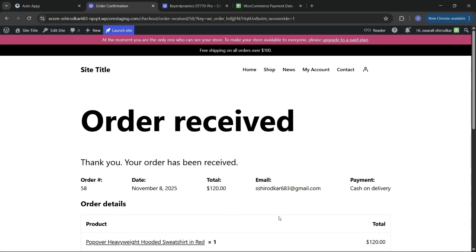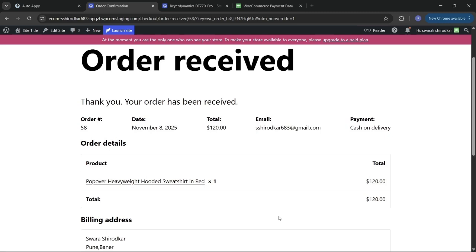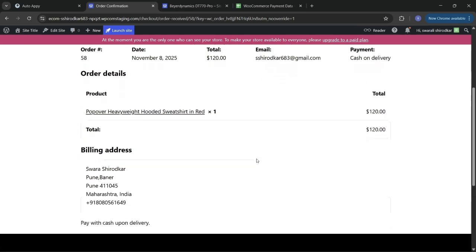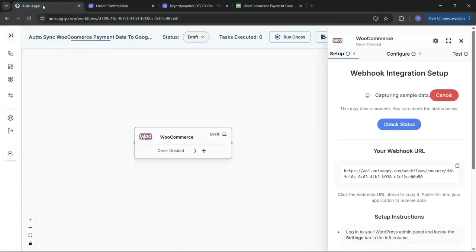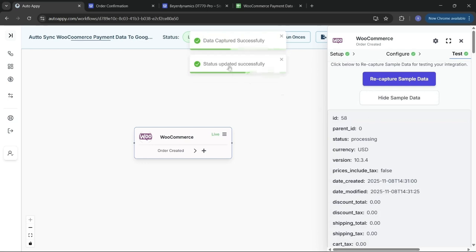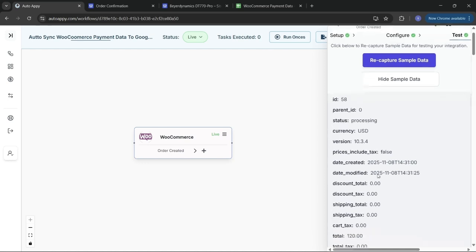So the order has been received, and you have received these many details here in the form of order, date, total, email, and the payment. But first let's check if our webhook has captured all these details or not. For that let's come back to AutoAppy, wait for some time, and then just say check status. So here you can see that the data has been captured successfully. So the status of the payment is processing,